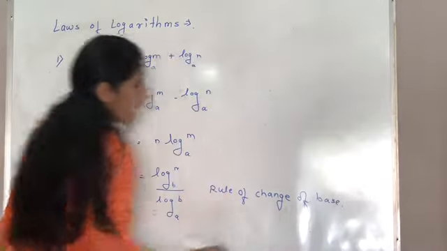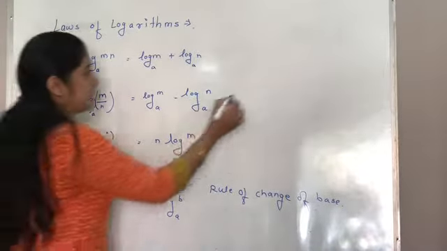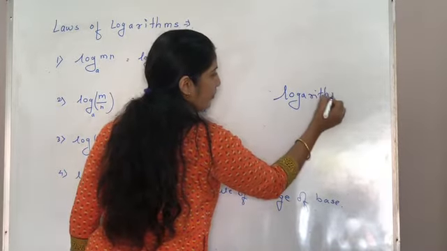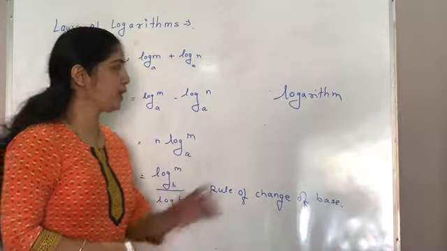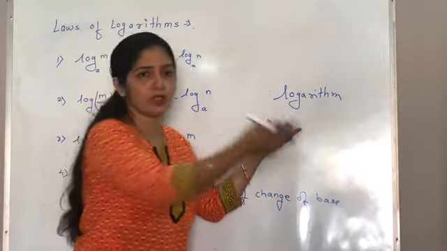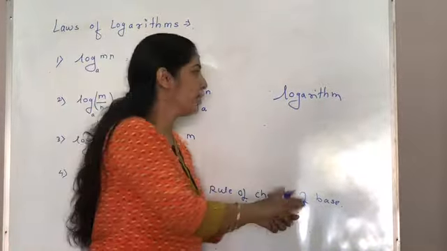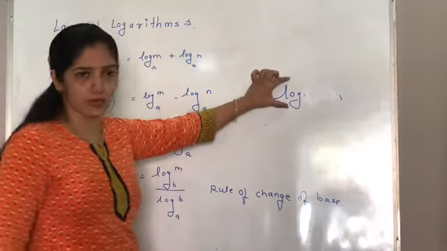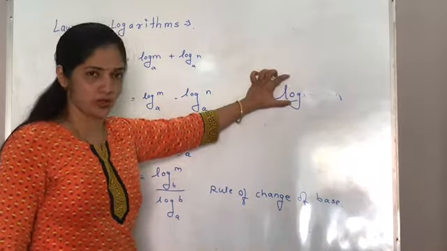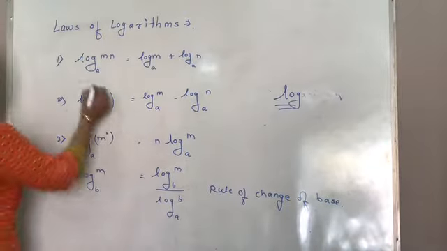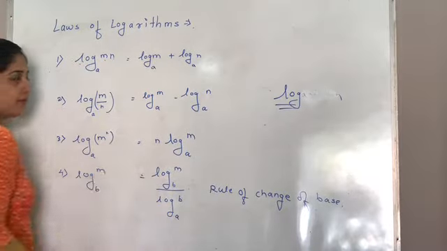Okay, see how to read the log. This is a logarithm, but every day we are using that word, so no need to say logarithm of m, logarithm of 2, logarithm of 10. We just say log of 2. So this word we use daily. So remember this log. So see how to read this. Log of mn means what?